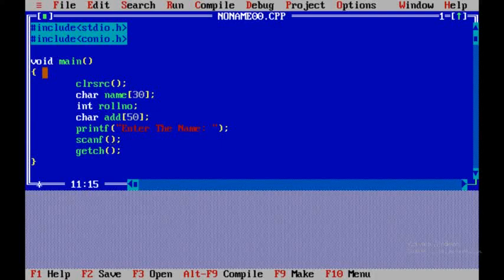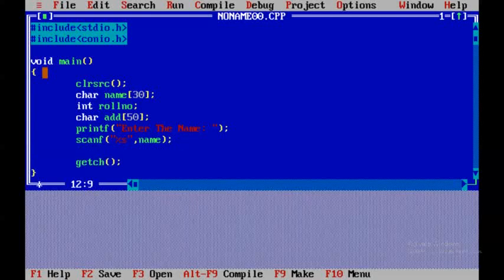Now in the scanf function, open bracket, closing bracket. Inside that open bracket and closing bracket, there are two double quotes, and inside those double quotes we have to mention the data type which we are storing. So here we are storing the name. So name is a character data type, but it's multi-character. That's why we have to use small s. S should be small. Remember this thing. Comma, where we are storing the name, give the variable name. So we are storing the name of the student in the name variable.